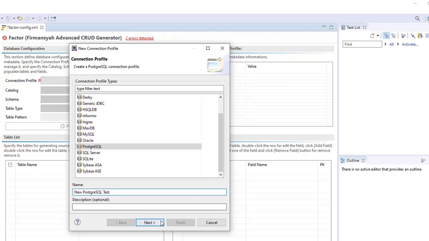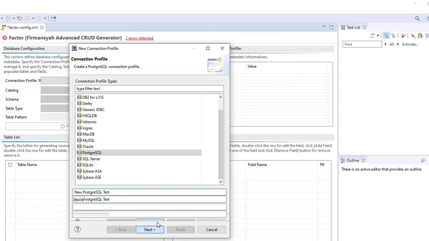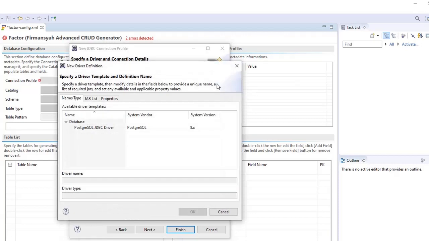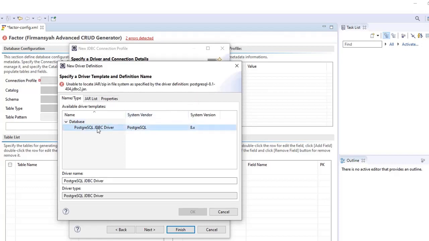Okay, and then just click the Next button. On this page, specify the driver and connection details. You can check whether the jar file of your driver is already there or not. Just click in here, and there is an error: unable to locate the jar or zip file on the file system.